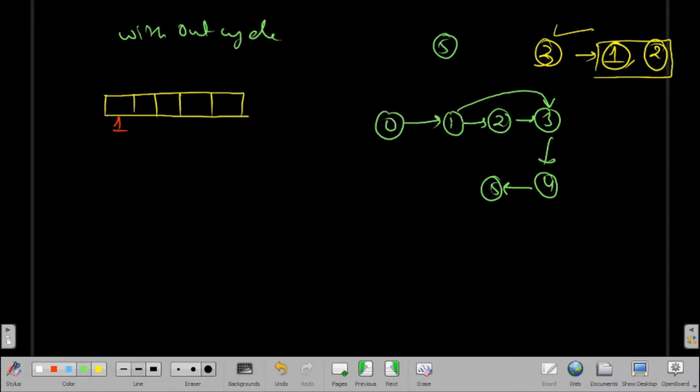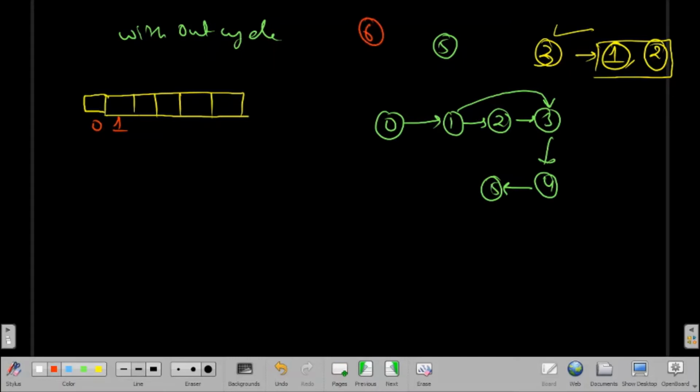So now even course 1 has one prerequisite, and course 0 has 0 prerequisites. So now our array starts from 0, and we have a total of 6 courses.